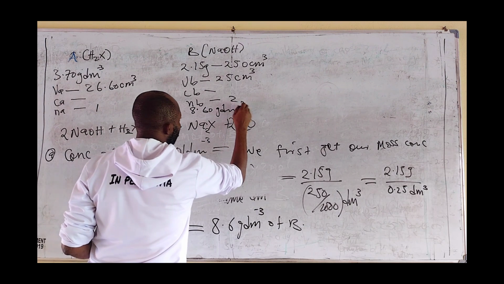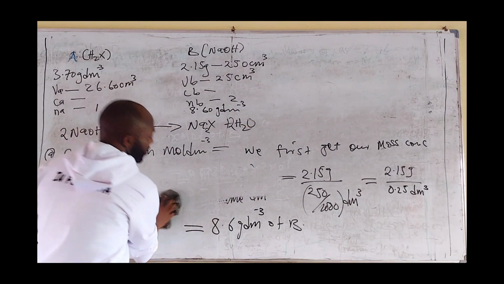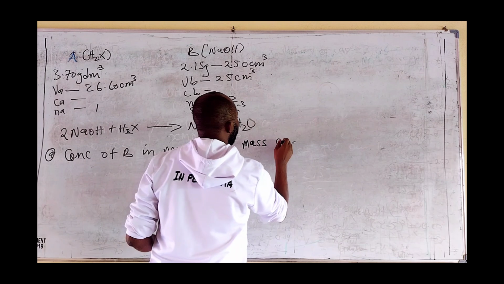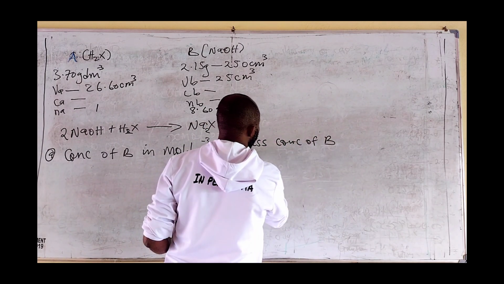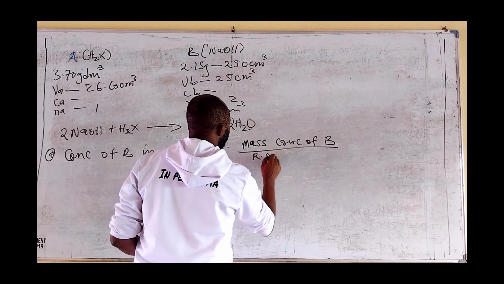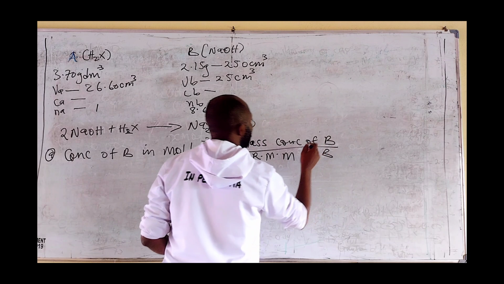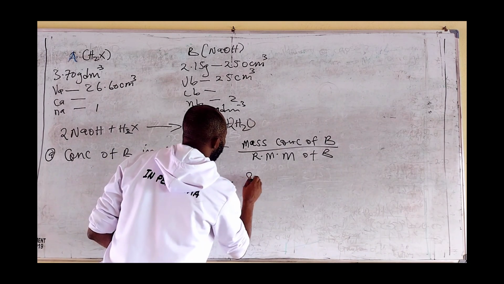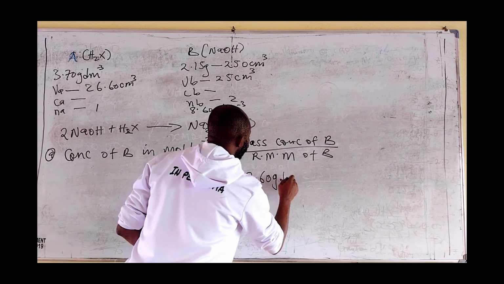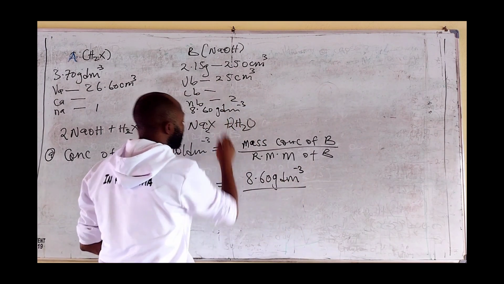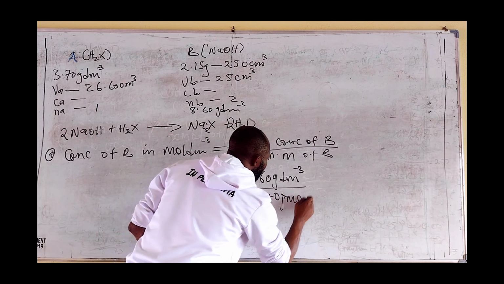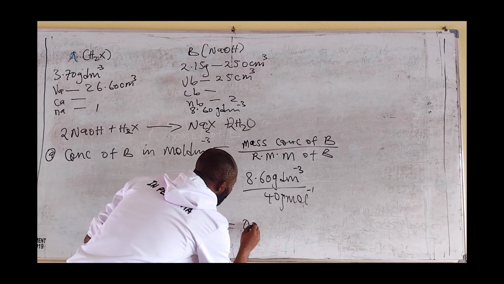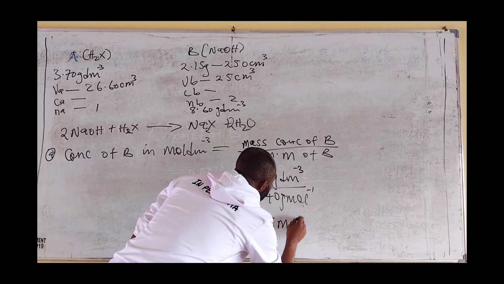8.60 g/dm³. The molar count of B is the mass count of B over the relative molecular mass of B. And this is equal to 8.60 g/dm³ over the relative molecular mass of sodium hydroxide, which is 40 g/mol. And this is equal to 0.215 mole per dm³